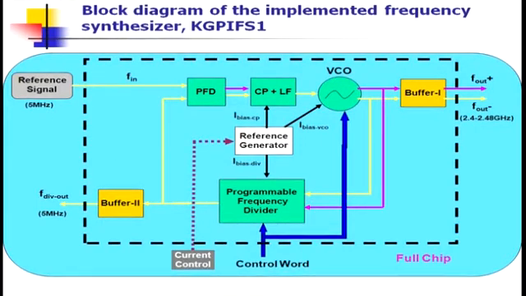So, with this, let me go to the first phase of the frequency synthesizer design, because we have already designed the VCO, we have made some progress in it. So, this is the reference signal which is coming from a 5 megahertz crystal oscillator. That provides me the input reference frequency, and going to the PFD, I mentioned how the PFD works. Then it is going to the charge pump and the loop filter. Remember, the charge pump and the loop filter will be the same unit, because the capacitor finally gets charged with that constant current source modulated by the charge pump, and that's fed to the control voltage of the VCO,